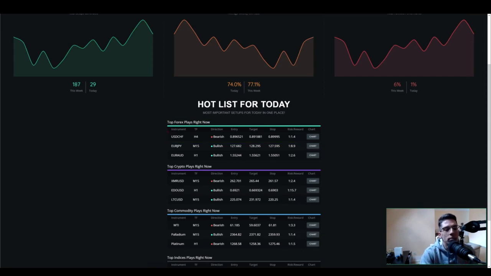Every single trade idea comes with the instrument name, time frame where we found that signal, direction bearish or bullish, let's say either we want to buy or sell, entry point, target, stop, and a risk reward. Also, you have the chart so you can get everything that you need. So if we click here,